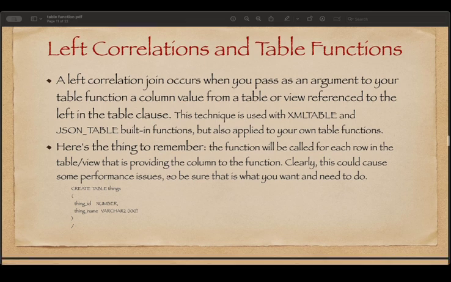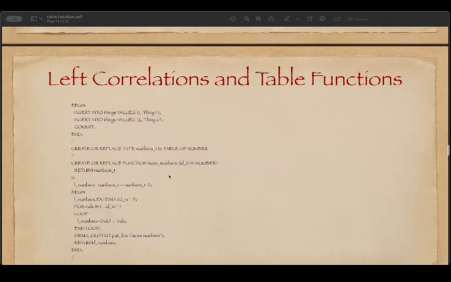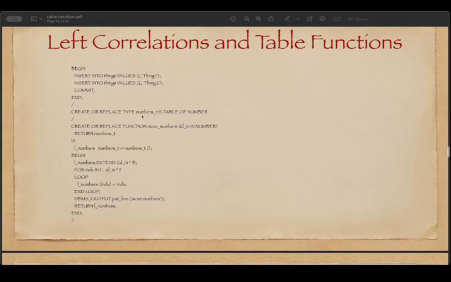First, here we are creating one physical table, then we are inserting some values, and now we are creating a type and then a function. In this function we are using l_numbers.extend(id_in multiplied by 5), and then an index for loop. This for loop is running from 1 to id_in multiplied by 5,